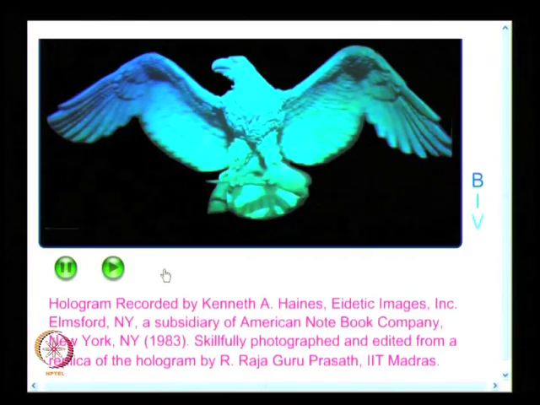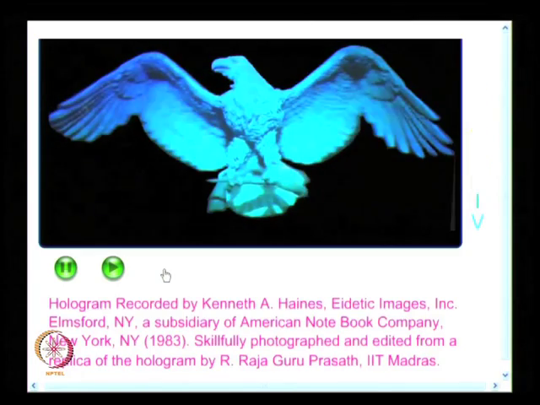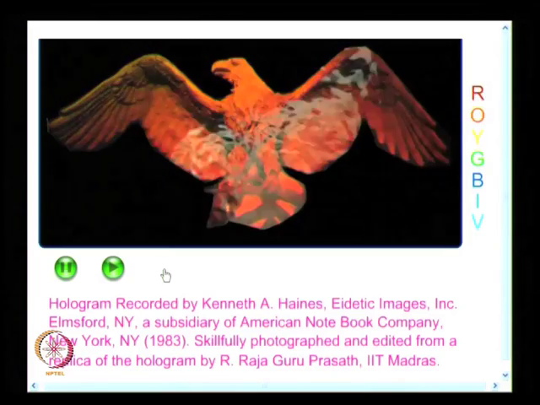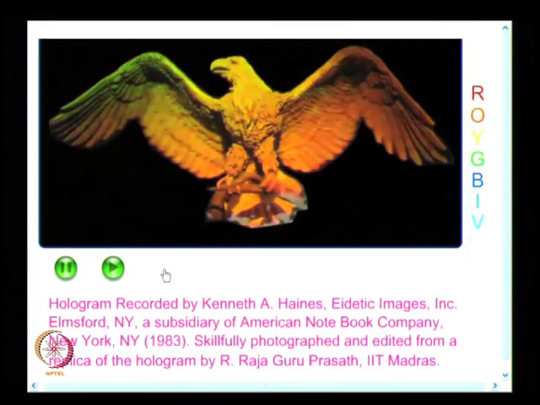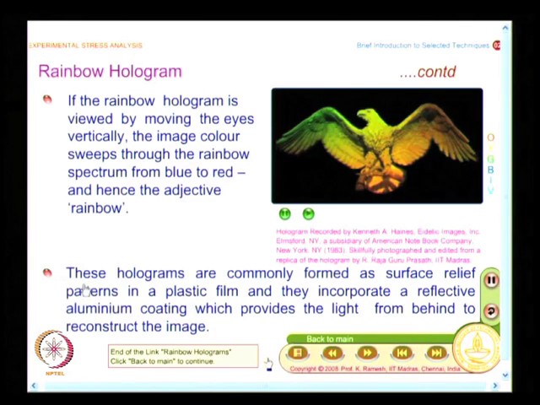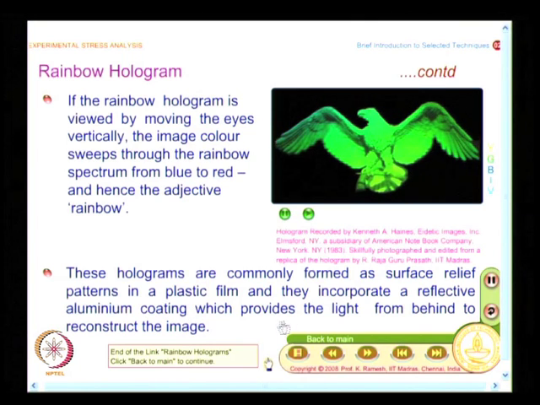So, what you find here is, you have a nice hologram, you have the rainbow of colors, and here, because the images are not assembled properly, you see a semblance of depth, but it is not actual depth. What you saw in the earlier one, when you move the head horizontally, you saw a beautiful depth. Here you see only colors are different. That is why it is called a rainbow hologram, and these holograms are commonly formed as surface relief patterns on a plastic film, and they incorporate a reflective aluminum coating, which provides the light from behind to reconstruct